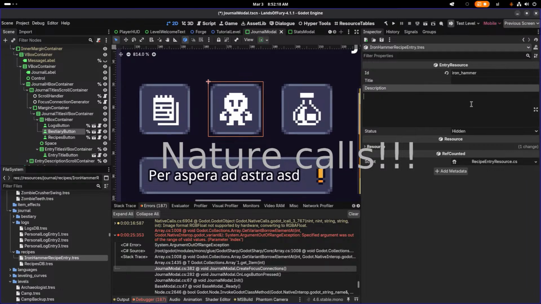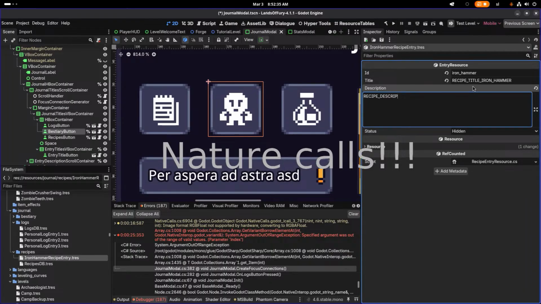Status hidden. And here I would have to add recipe title, iron hammer, recipe description,